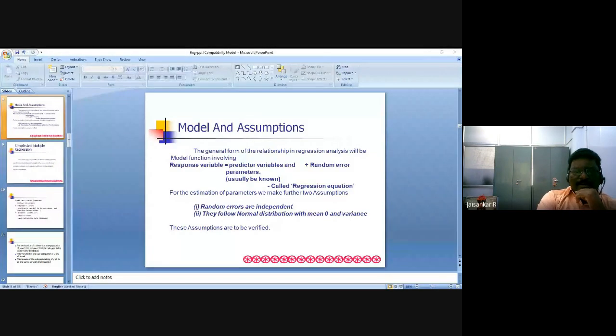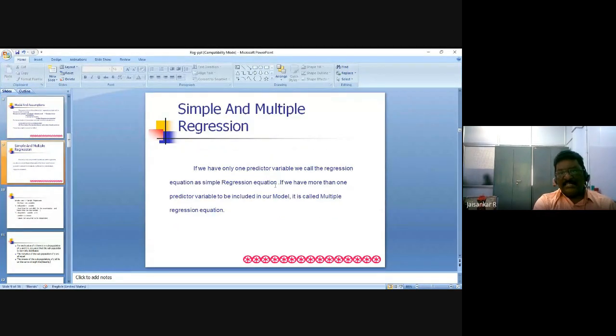If you have only one independent variable, that is called the predictor variable, and it is called a simple regression. Remember, the regression technique which I am teaching is the basis for many machine learning algorithms. You may not be knowing that. Machine learning and artificial intelligence people are using some advanced type of regression. Therefore, the basic concepts are described in this class. There are so many types of regression, but as far as the variables are considered, there are only two types of regression: simple regression and multiple regression.